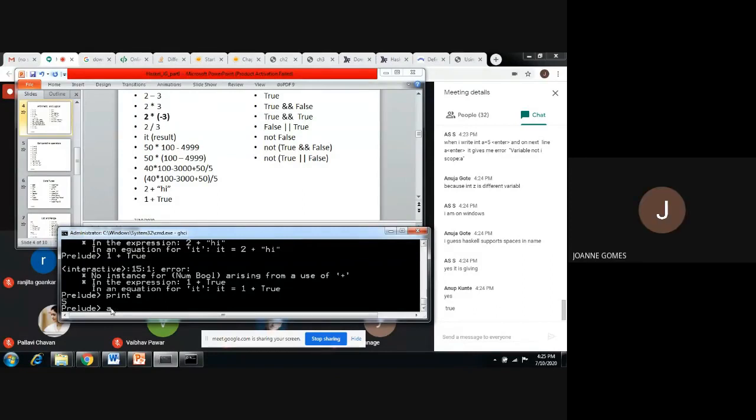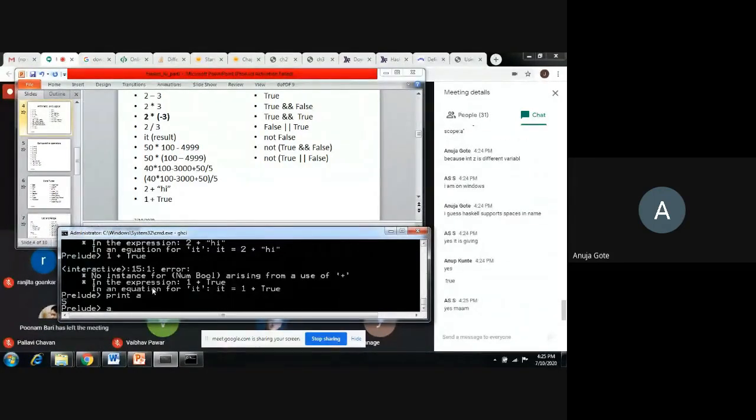I hope I cleared your doubt, ma'am. Yeah. Actually, what I was saying is I tried it with int space A, and it accepted it as a variable, and it is also performing operations with int space A. Probably it will take it as two different variables. But it was not throwing an error, and it is actually happening.